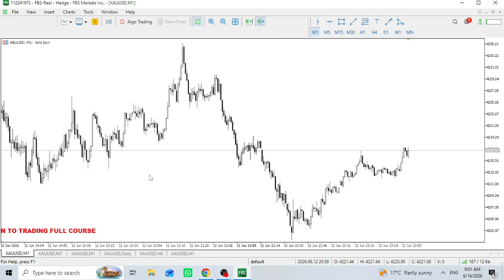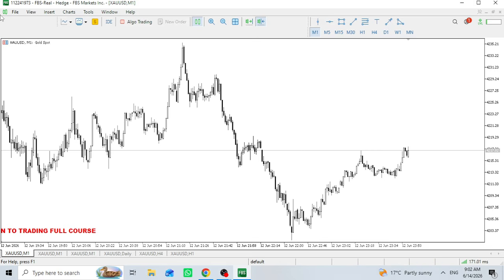If you are in a 5 minute time frame, make sure you're buying the low of that 5 minute candle and selling the high of that 5 minute candle. If you're in a 1 hour time frame, make sure you're buying the low of that 1 hour candle and selling the high of that 1 hour candle. If you are in a 4 hour chart, make sure you are selling the 4 hour candle high and buying that 4 hour candle low.